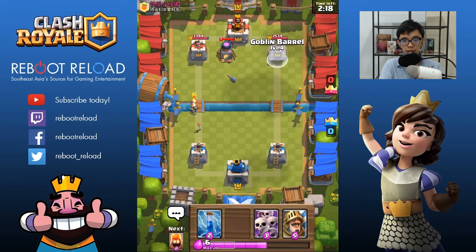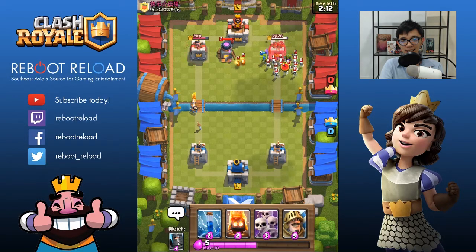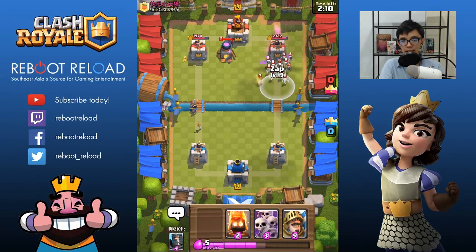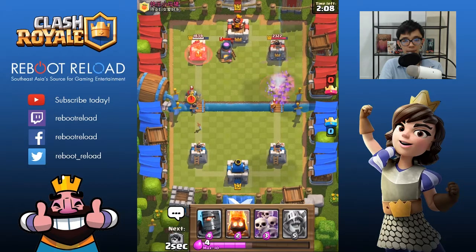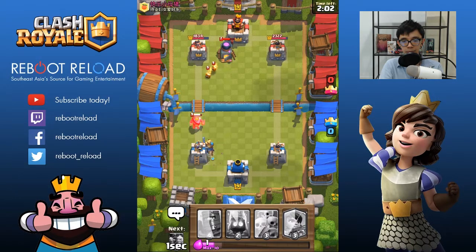I hate Furnaces, and what I hate even more is people who play two buildings. Double buildings are really good against our deck, and so is Skeleton Army. Skeleton Army stops both the Princess and my Goblin Barrel. So we have to stop this Knight push. We don't really want Knight to get...